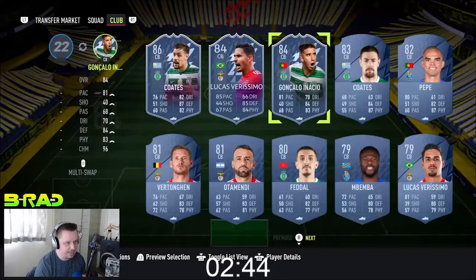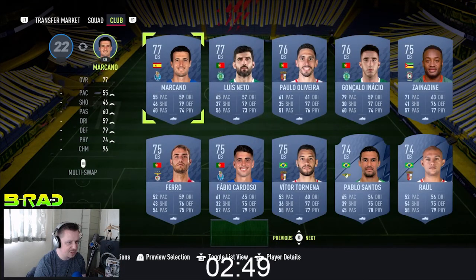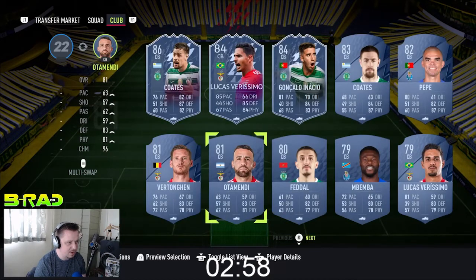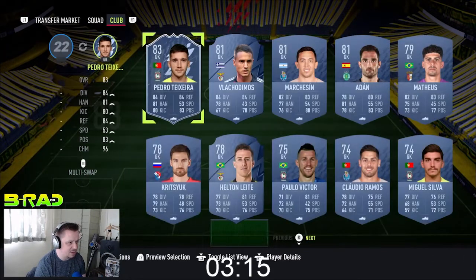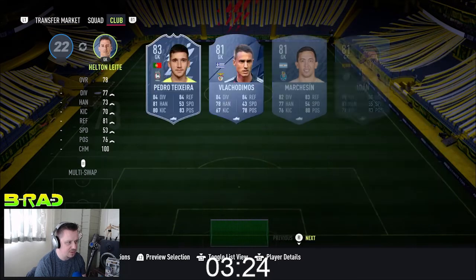And then the only Spanish is Marcano. He's taking a pasting on his pace this year. There is no one there that I want to use other than maybe Coates or Lucas Verissimo. If I use Verissimo, I don't think I can because I think I'd have to strong link. Let me just check. Yeah, I need a strong link there, and then I don't think there's an Argentinian from that club, is there? No, he's got a perfect link in Helton Leite, but he's got no Argentinian other than